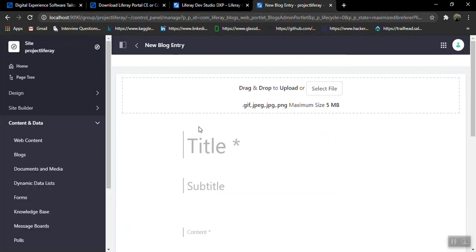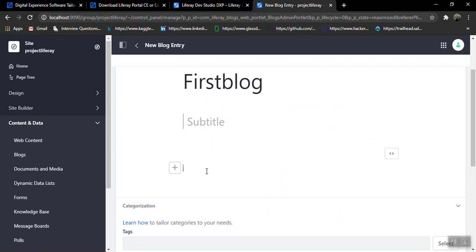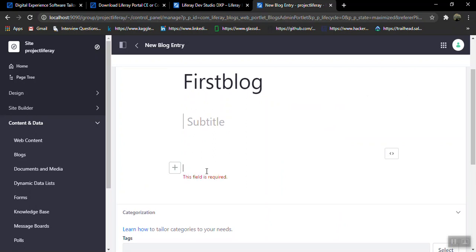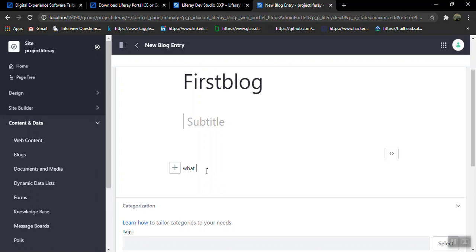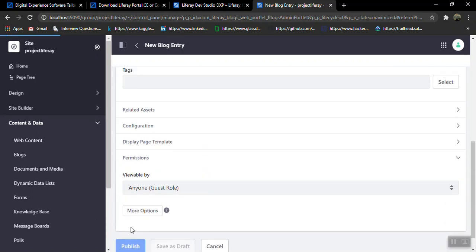For this you can add your file, with a maximum size of 5 MB. I'll name it first block, and I'll write some content, like what is Liferay, and I'll give some description. Now I'll publish it.